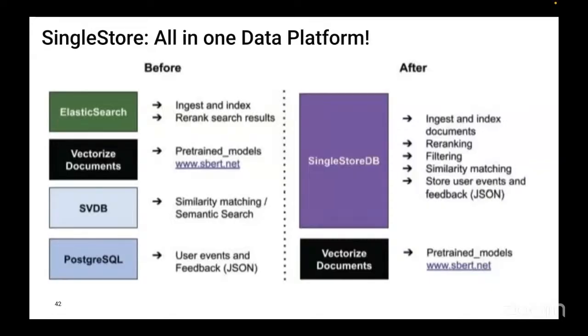Single store supports all types of data instead of using just a specialized vector database, right? SingleStore started supporting vector embeddings long back in 2017 itself. So now we see, with all the hype of Gen AI applications, vector databases have increased in popularity, but SingleStore can do much more than just using it as a vector database. So this is what we say: you can use SingleStore as an all-in-one